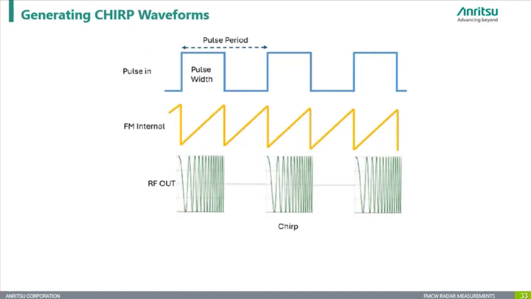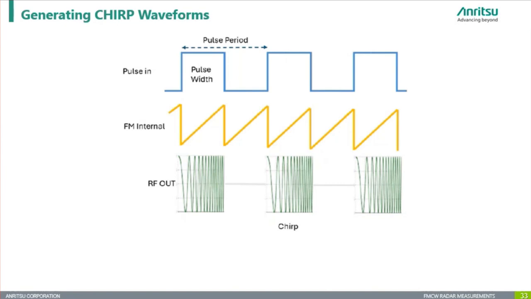When it comes to generating the chirp signal, to generate a chirp signal using the Anritsu signal generator, we enable both pulse modulation and frequency modulation simultaneously. Here is how the process works. Step 1, the pulse modulation setup. We begin by configuring pulse